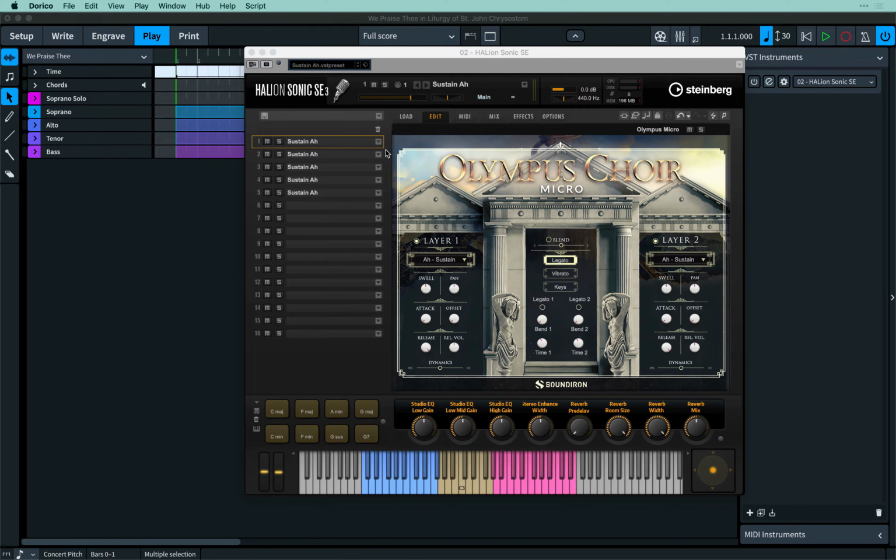The Olympus Choir Micro library now ships with Dorico 3 and is used by default for all vocal instruments. Whilst the library has been available for some time, drawing on the recordings captured for the full Olympus Symphonic Choir Library, the team at Soundiron have now re-engineered this entry-level version for Halion Sonic SE to take advantage of all its capabilities. The library contains patches of the standard vowel sounds R and U across the piano to fortissimo dynamic